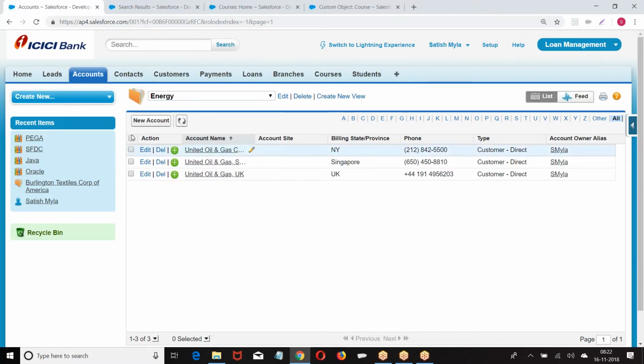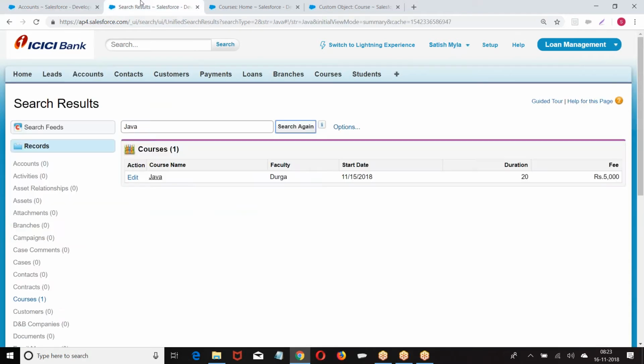In the list view, we have buttons here, right? Now, along with these buttons, what other buttons do we want to display? It is called a list view page. On the list view page, what buttons do you want to display?